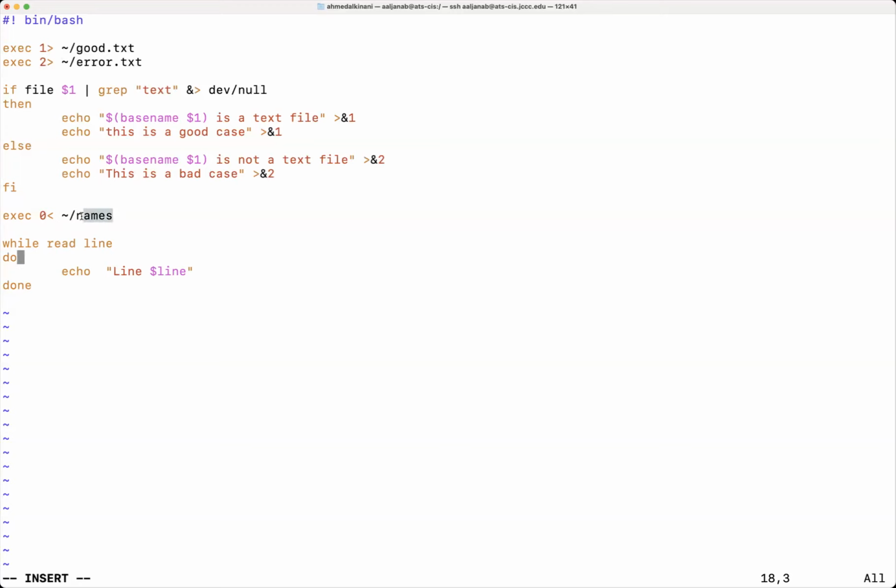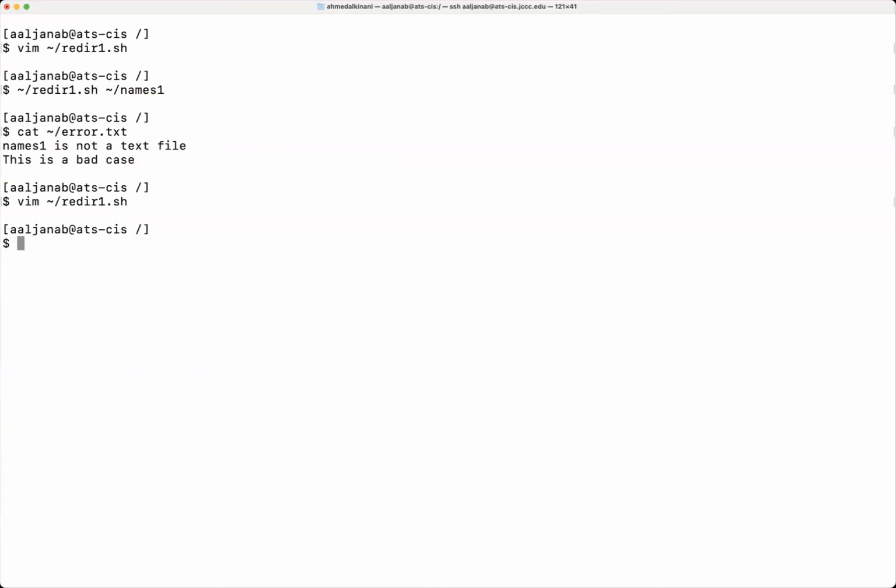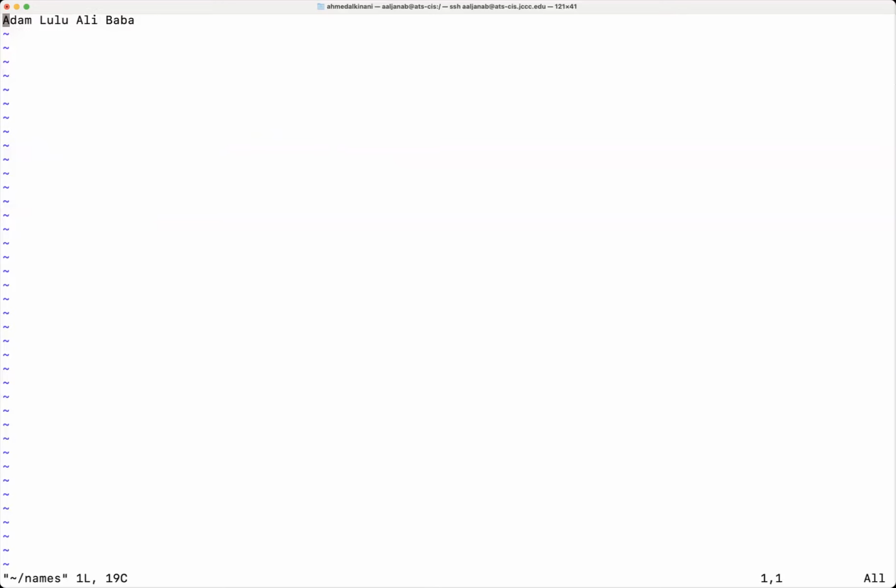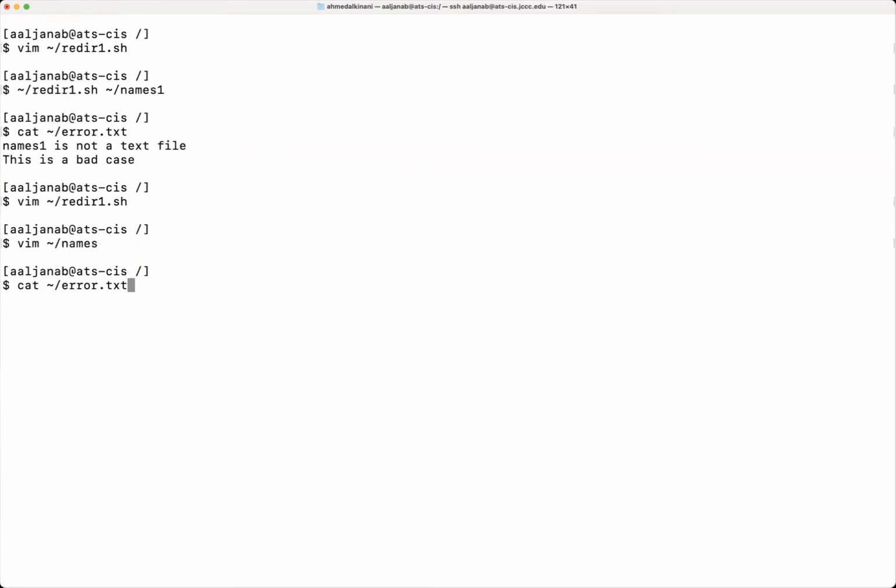Now, I don't like the fact I'm reading from names. I want to use a different file, but let's just go ahead and use names. I'm going to modify it so I can have multiple lines. So let's go ahead and exit. And now if I go vim names, you'll see that I have those. Let's put them on separate lines. So let's go ahead and exit. And now if I go to the bash and try to run it,